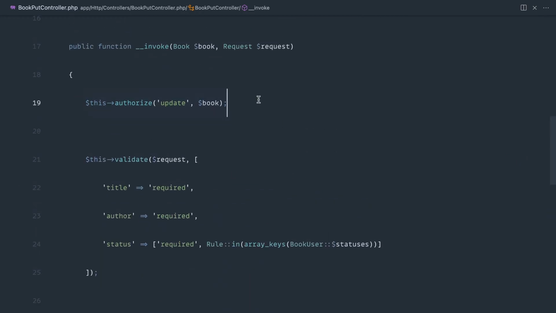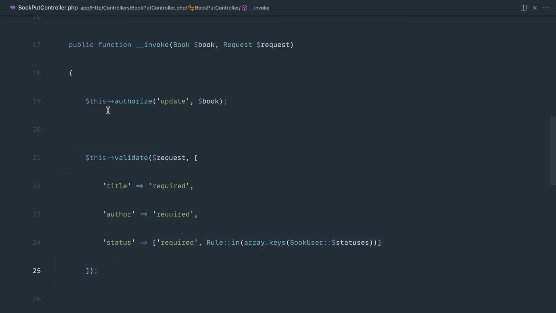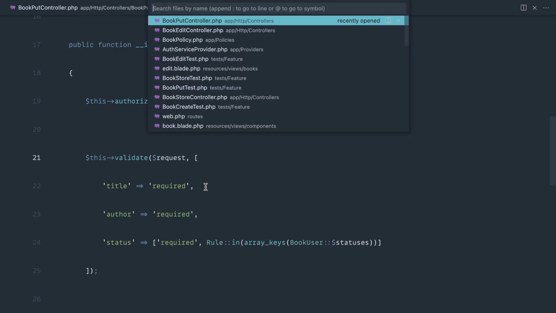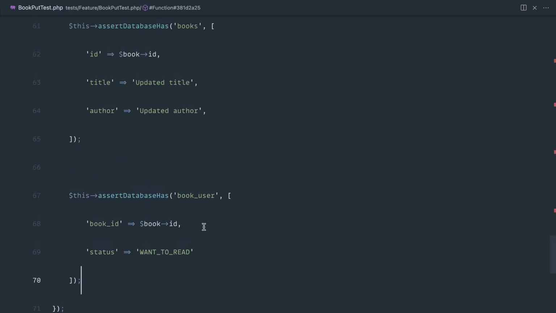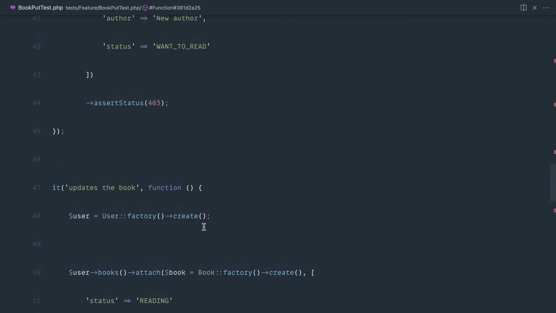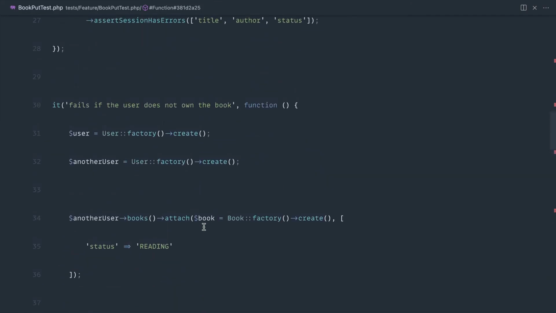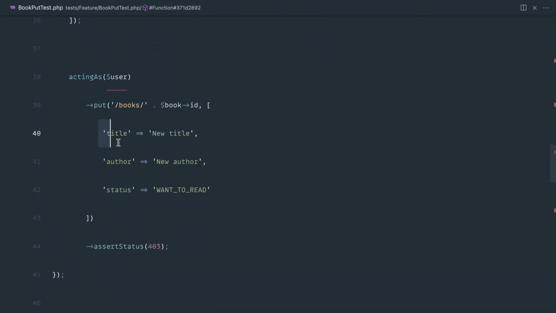Now because we've got a policy here before we validate, it really depends on what you want to do. What you could do is always authorize before you validate. That kind of makes sense because there's no point throwing back validation errors if the user doesn't own the book. So we can actually simplify our test down now. If we come over to our book put test, when we look at this test here, we don't actually need to pass this data down now,